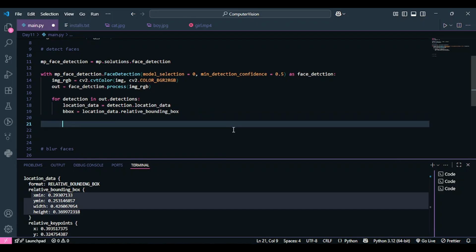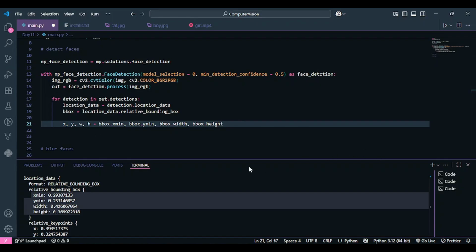To do that, what I'm going to do is I am going to create four variables. For the x-min, I'm going to create a variable called x, then for y-min, y, for width w, and for height it's going to be h. Okay, and I'm going to unwrap my bounding box in this way since it has x-min. Okay, so bounding box dot y-min, bounding box dot width, and then bounding box dot height. So this is just going to unwrap my bounding box. So the value of x min goes to x, the value of y min goes to y, the value of width goes to w, and the value of height goes to h.